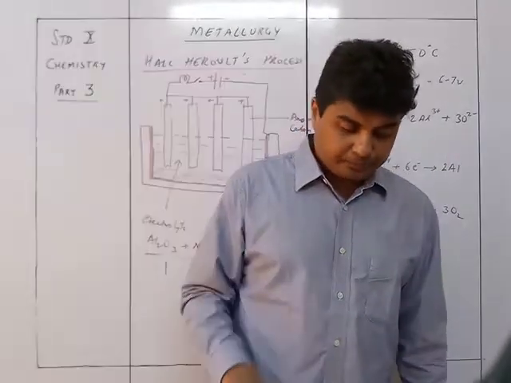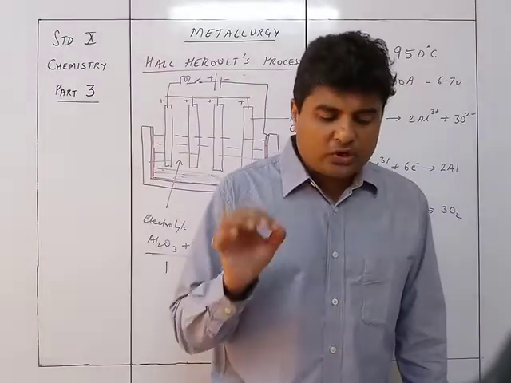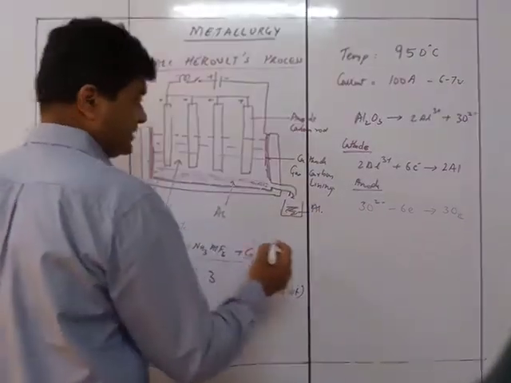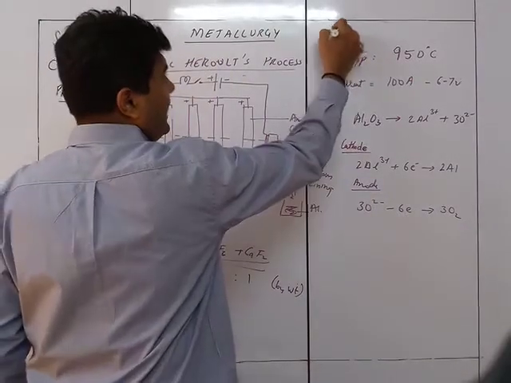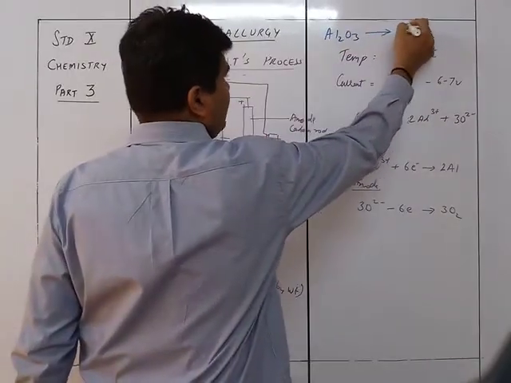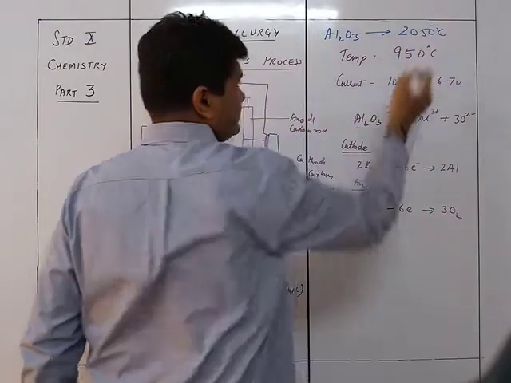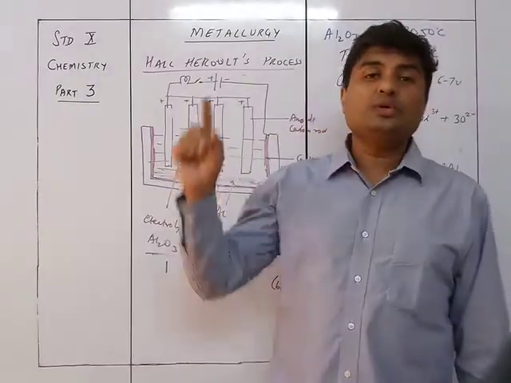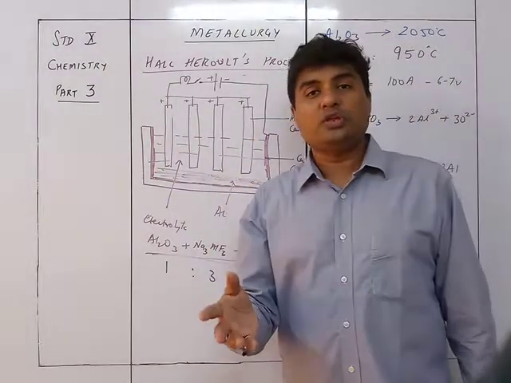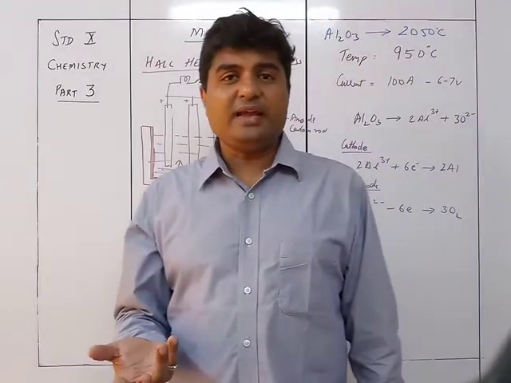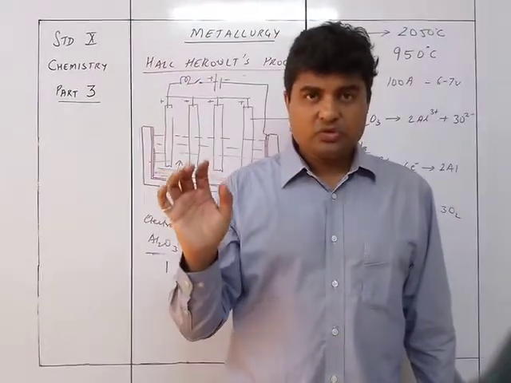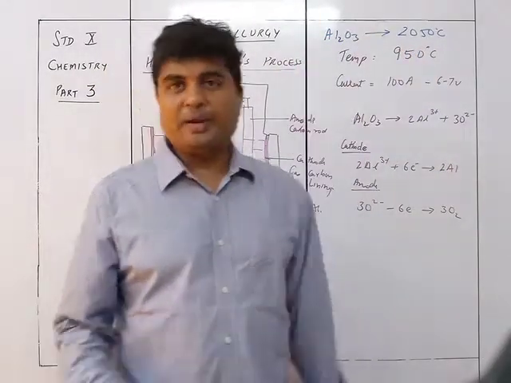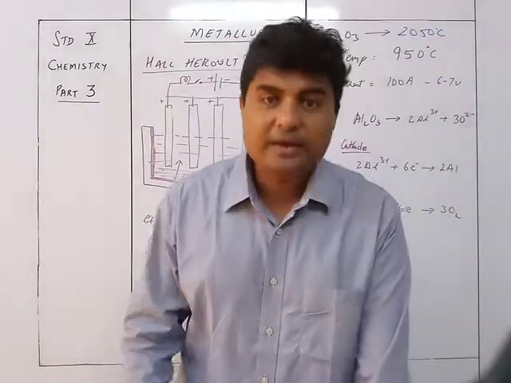First, fused alumina is almost a non-electrolyte and has a melting point of around 2050 degrees Celsius. Now, if I do the electrolysis at 2050 degrees Celsius, aluminum itself will not withstand that temperature and will vaporize. So I cannot do electrolysis at this temperature. I need to cut it down. Plus, you cannot use that much fuel for heating it to that temperature.